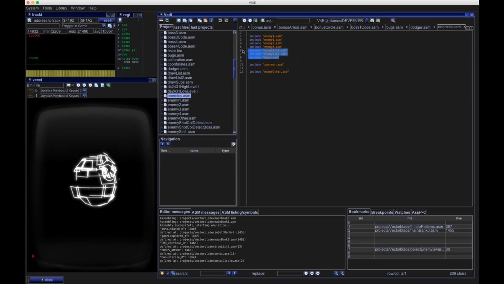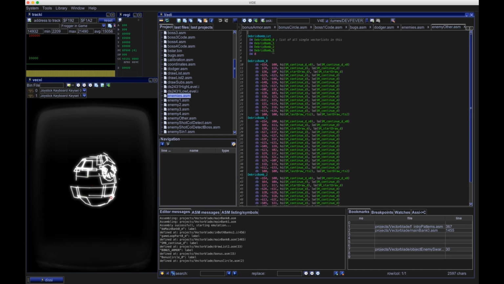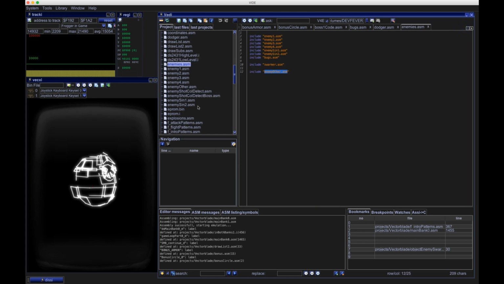Then these are the bugs. These are the sinister enemy definitions. The swarmer for the queen and enemy other. Which one is that? Ah, that is the one debris bomber I did, or at least the debris bomb. It's working all right, but I think I did not include it in Alpha 5 in any level, so you can't see that yet. Well, that's a surprise for the final game. Anyway,